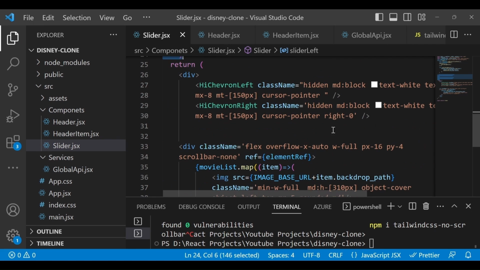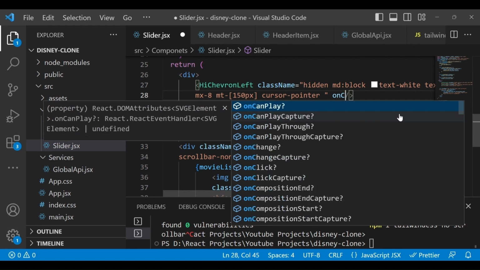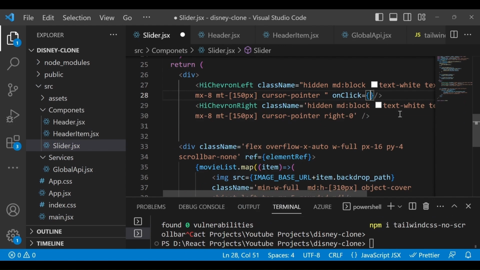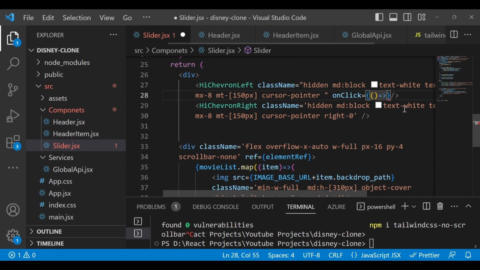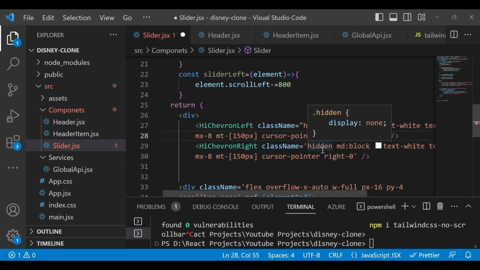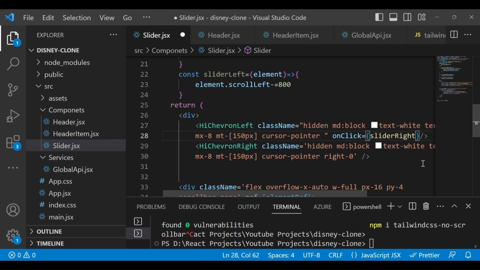Now here you can define the onClick method. Define the function carefully, because otherwise it will execute every time. If you define it like this, it will get executed multiple times, infinite times. So to avoid that, you have to write an arrow function like this.